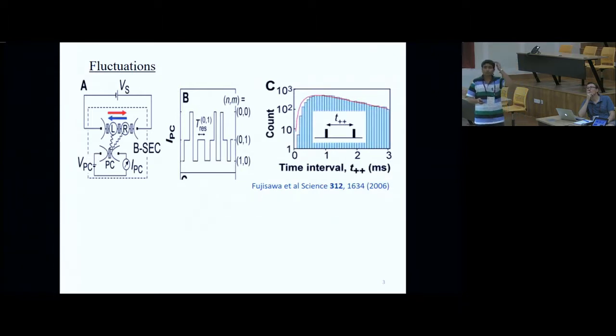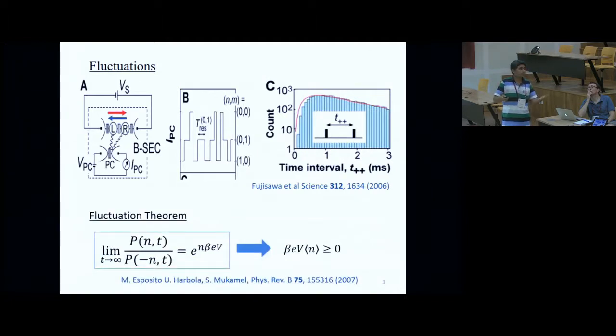And in this experiment, they actually studied the statistics of the two jumps, consecutive jumps from left to right. So there is a time delay between these two jumps, and you see there is a broad distribution of these times. And so these kinds of things can be done. So fluctuations can be studied at the single electron level. And theoretically, one can analyze these fluctuations in the particle transfer between left, right. And if you look at the net number of particles transferred from one side of the circuit to the other side,